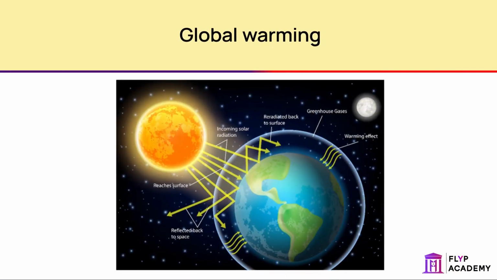Global warming is the gradual increase in the temperature of the Earth's atmosphere. It is caused by a build-up of greenhouse gases. These include carbon dioxide, methane, and water vapour. These gases form a layer around the Earth that absorbs the heat energy reflected from the Earth's surface, raising the